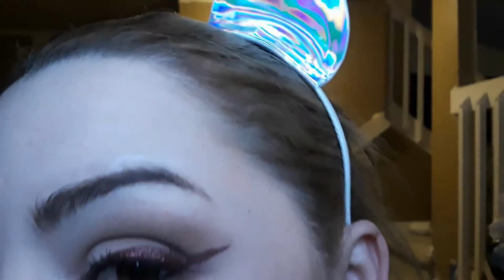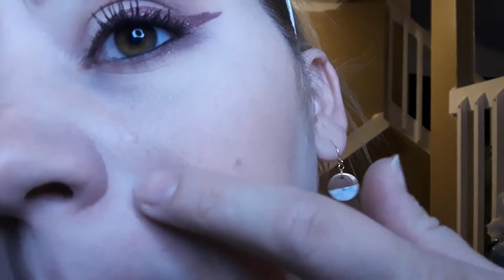Forehead is looking super textured and you can see all the red spots on it. All the red spots right there. Dark spot right there. Red spots and texture. So honestly, it doesn't look like there's much foundation left. Right here is probably the only area where I can actually see some